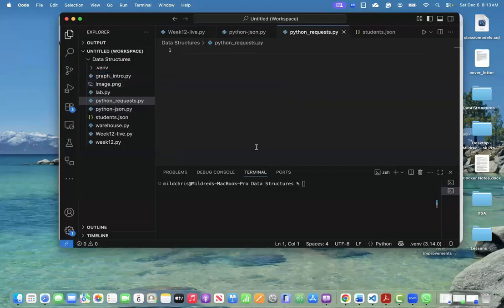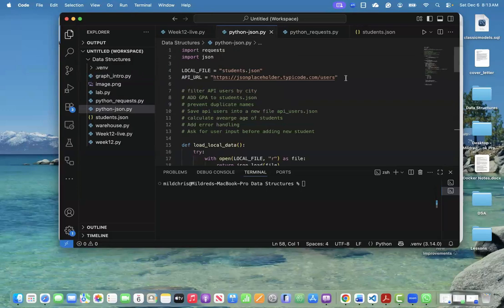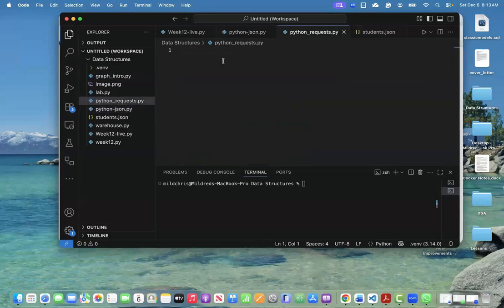So now I want to get all API users. So instead of using local file like here, I'm going to import JSON and import request. Let's do that here. Now I want to focus on the API URL and I want to get all of